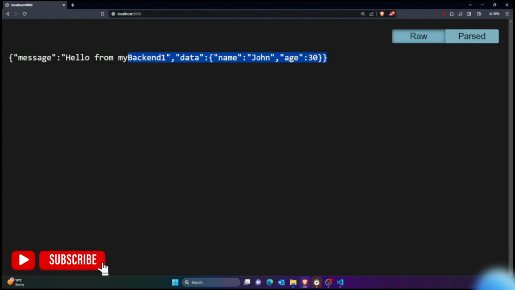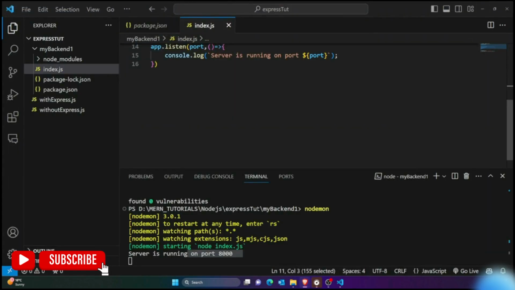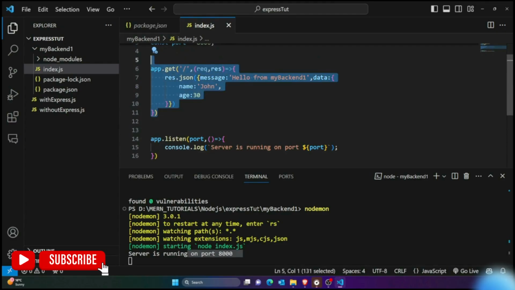Raw format is in string, pretty format is the normal JSON format. Okay, so that's how you can actually use the extension, and you can see that it's very great and easy to use. Okay, so now suppose I want to create another API, so I would simply say